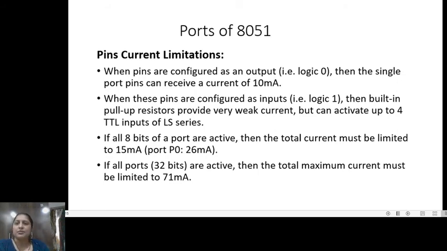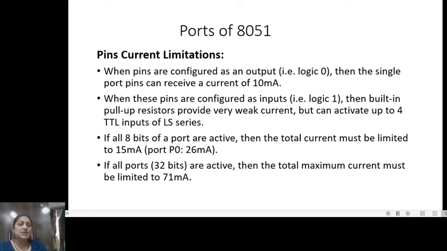When these pins are configured as an input and logic 1 is applied, then the built-in pull-up resistor provides very weak current, but it can drive up to 4 TTL inputs of the LS series. If all 8 bits of the port are active, as input or output pins, then the total current must be limited to 15 milliampere.